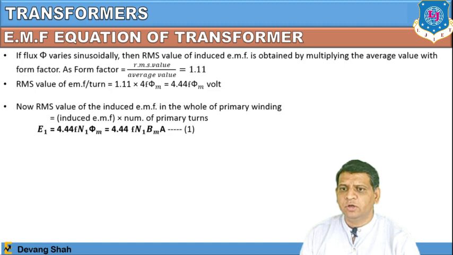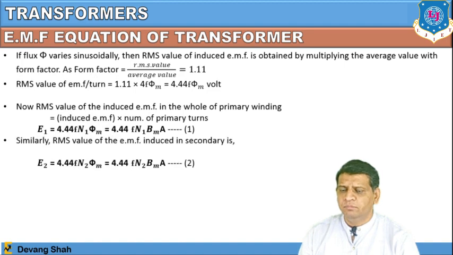So the equation you can also rewrite as: induced EMF in the primary winding, E1, is equal to 4.44 into frequency into number of turns N1 into maximum magnetic flux density Bm into area A. Right, the same terminology applies for the induced EMF in the secondary winding, because whatever magnetic flux is produced in the core is also linked with the secondary winding,